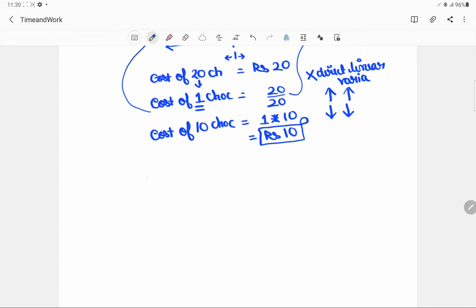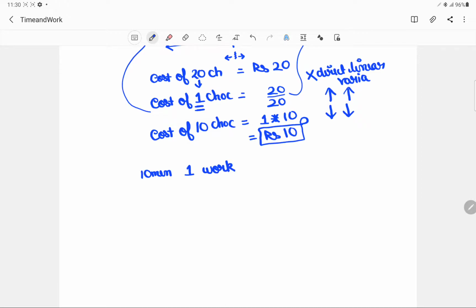In a similar way, suppose you are given a question like: 10 men are doing some work in 5 days. Just write it down. You are expected to calculate how many days 5 men take to finish their work. Just take that work to be 1. So there are 10 men doing one work in 5 days.